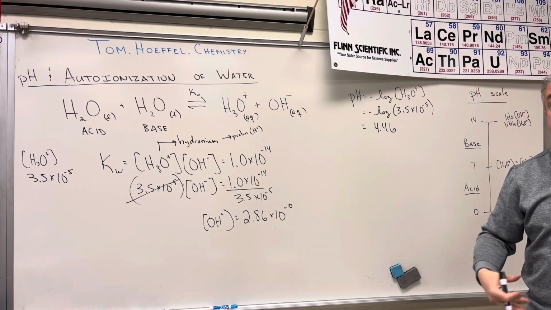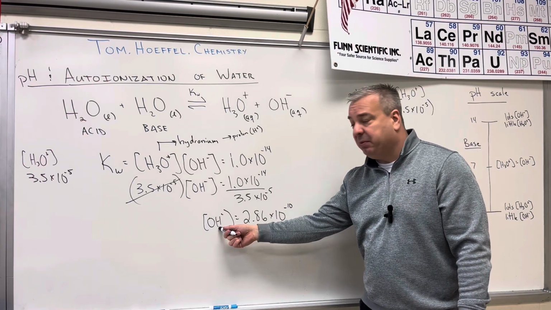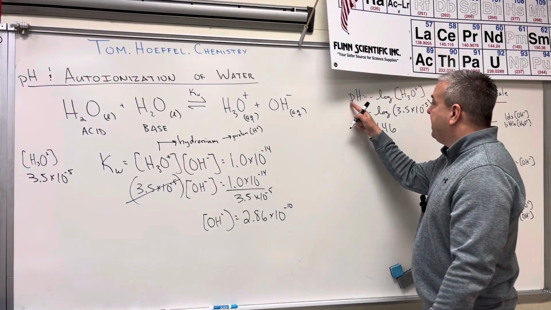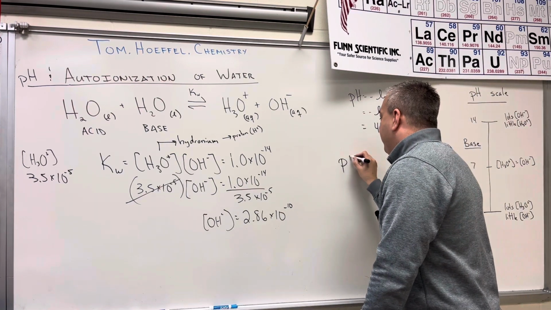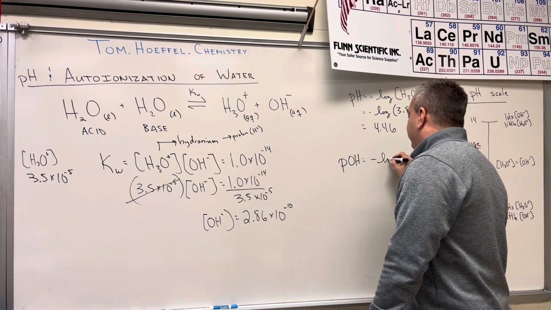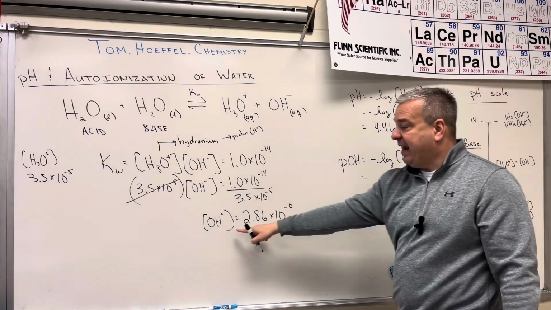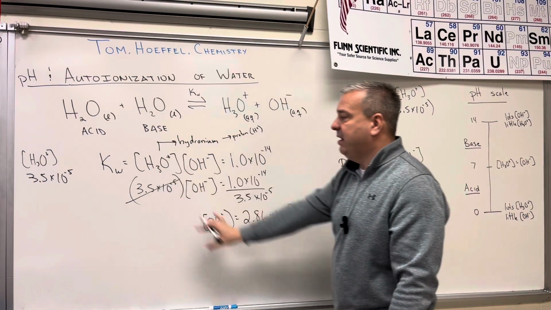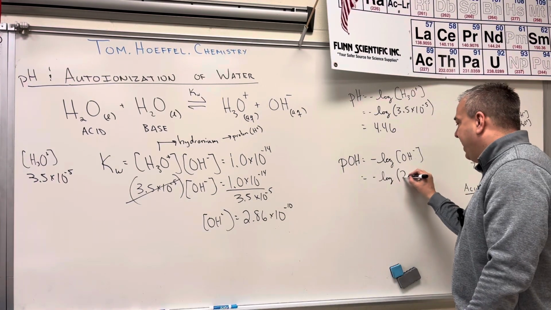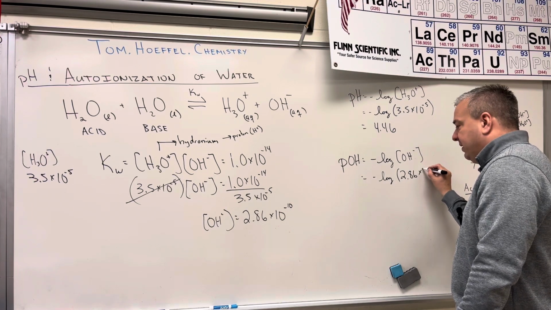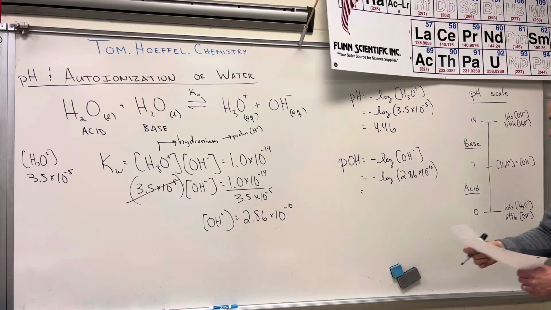I'm going to do the same exact process, but instead of plugging in protons or hydronium ions, I'm going to plug in hydroxide ions. So if pH is the negative log of protons or hydronium ions, then pOH is going to be the negative log of the concentration of hydroxide ions. And I have that right here by using the Kw expression. So negative log of 2.86 times 10 to the negative 10, if I plug this into my calculator,